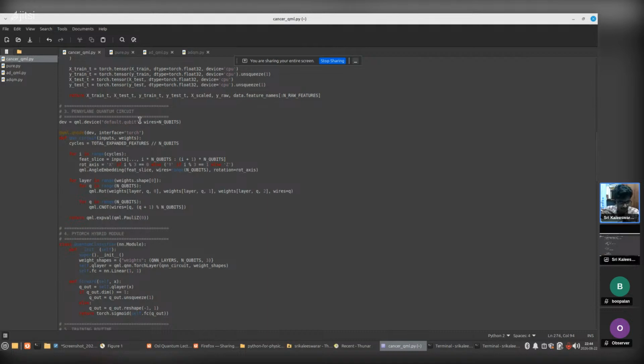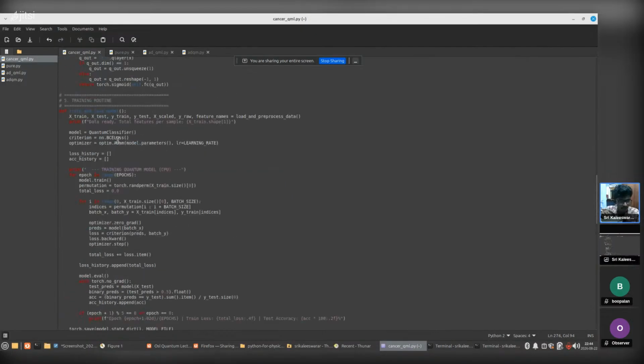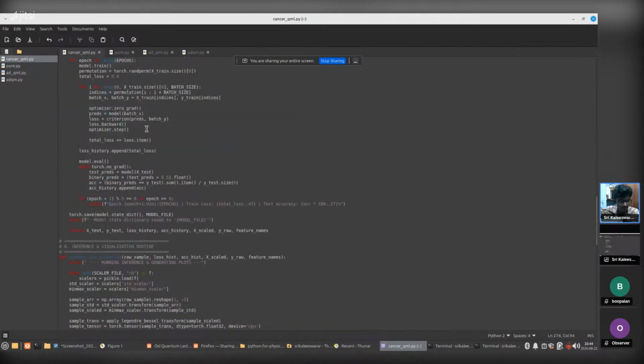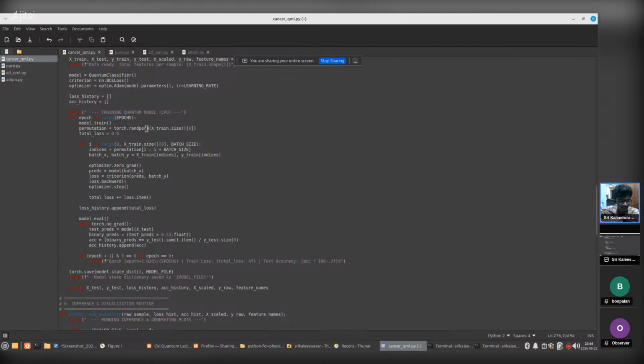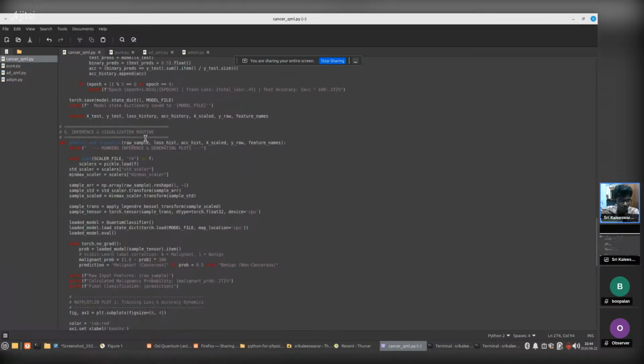We have created a circuit using PennyLane. We are using PennyLane to create the circuit. I hope you can see here. We have explained the weights for the analogy and so on. This is the training routine which we are using right here. I hope you can see the things. We are using a neural network with BCE loss, the Adam optimizer, and some permutation functions and so on for the machine learning side. Also, we are using